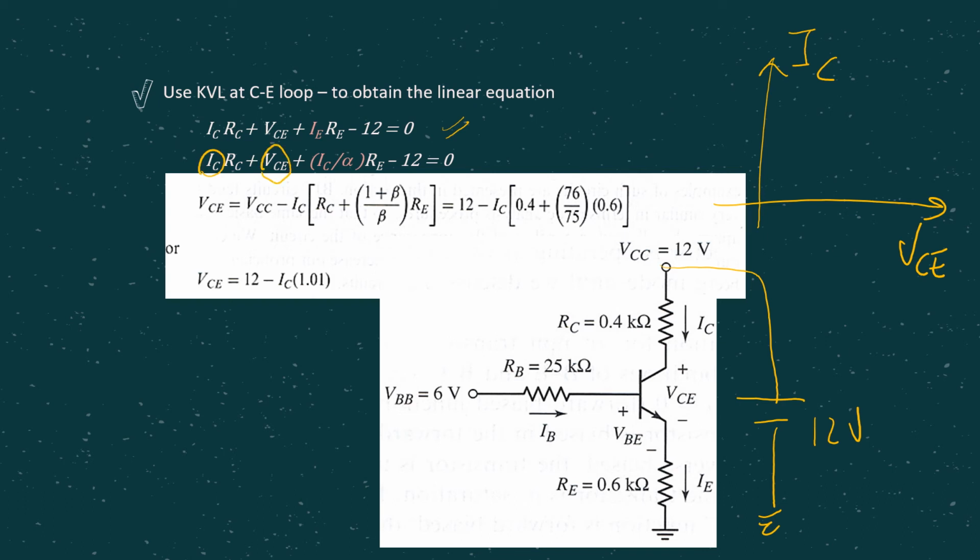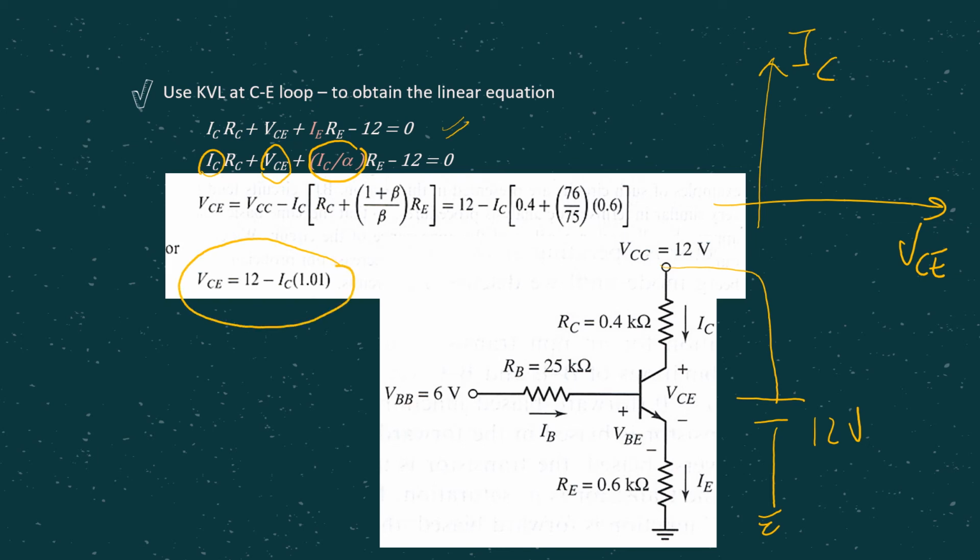But take note, IE also you need to substitute accordingly, because IE can be represented by IC, where IE is actually IC over alpha. So you substitute IE with IC over alpha. Then rearrange. In the end, if you plug in all the values given straight away, we are supposed to get this